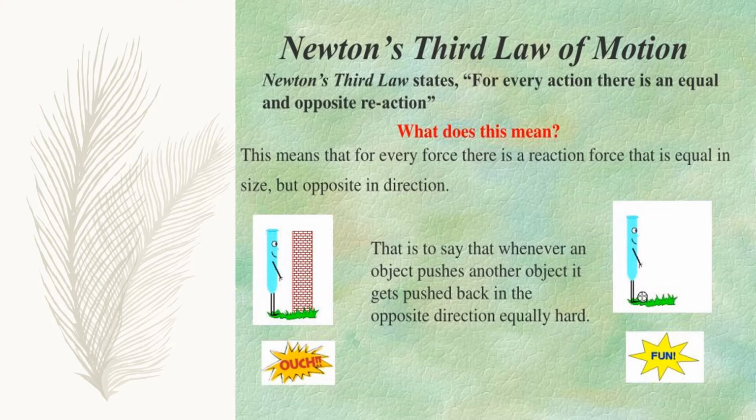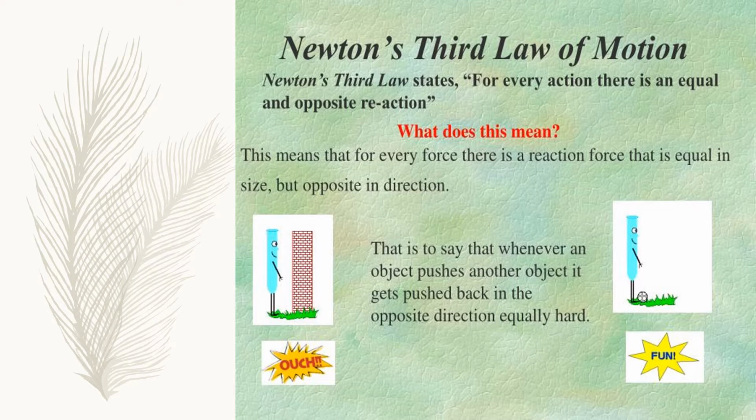So, what does this mean? This means that for every force there is a reaction force that is equal in size but opposite in direction. That is to say that whenever an object pushes another object, it gets pushed back in the opposite direction equally